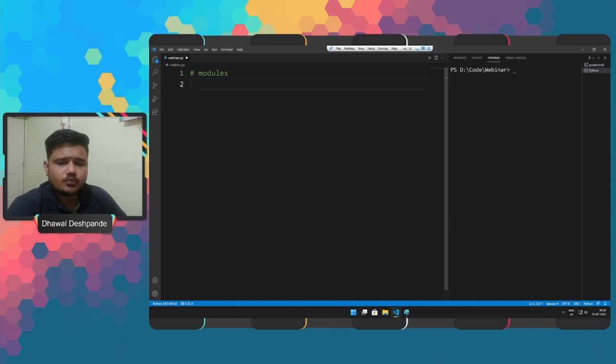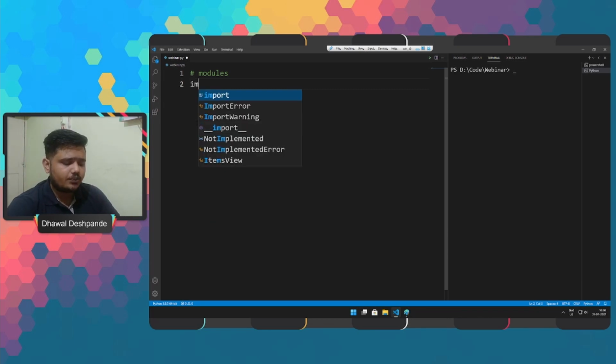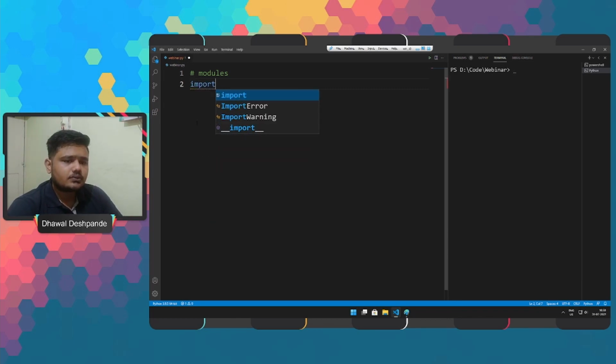So second thing, when we are talking about the use of a module, how do we use it, right? To use a module, first we have to actually call that module or that particular file in our application. To do that, to call that external module or file in our application, we use a statement which is import, right?